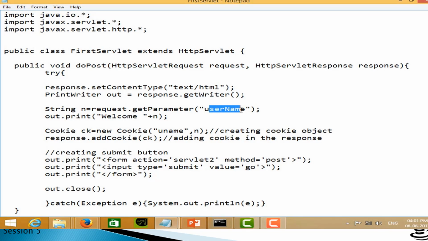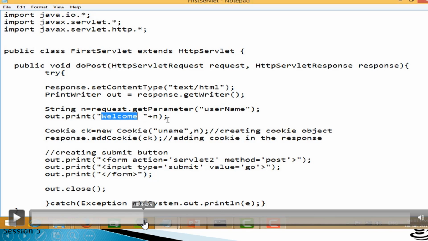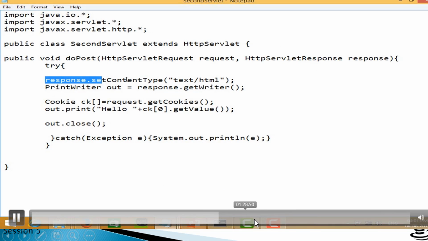Now let's see the second Servlet Java file that will accept the cookie. Import all the packages into your file. You can see it on the screen. Now get the value and print it on the browser. Now save your file and open the command prompt. Compile your code as shown